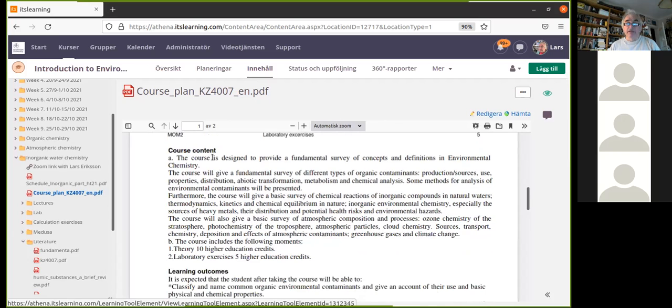But now let's see the course content. It's the second middle part here that relates to aqueous chemistry. Chemical reactions of inorganic compounds in natural waters. This is easy to say and less easy to